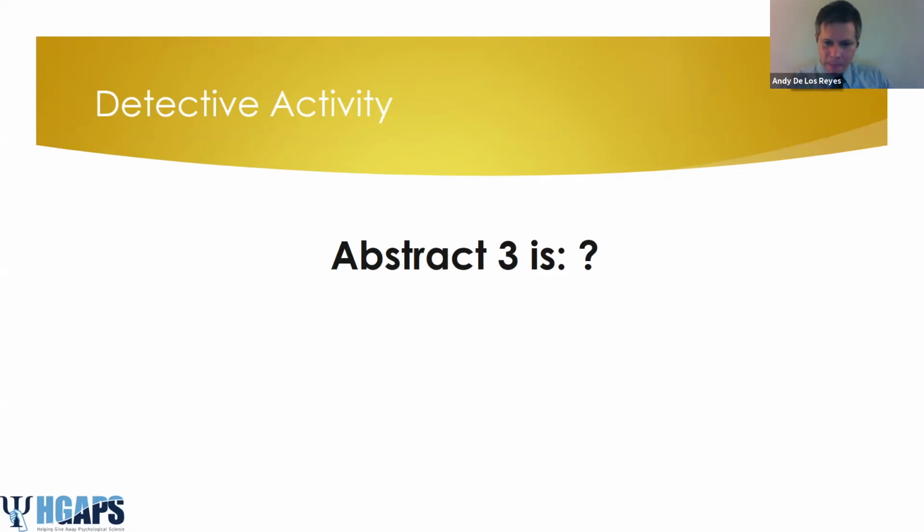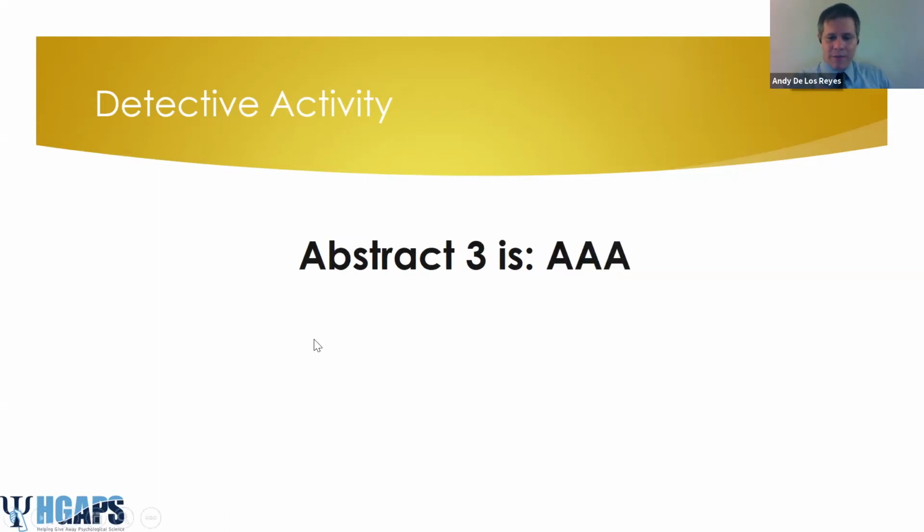What do people think? Abstract 3. Just a bunch of examples. Just listing. It's all "and," no structure, just straight facts. Basically, the kind of abstract we're used to seeing, like a lot of the summaries we're used to seeing in a lot of different contexts.